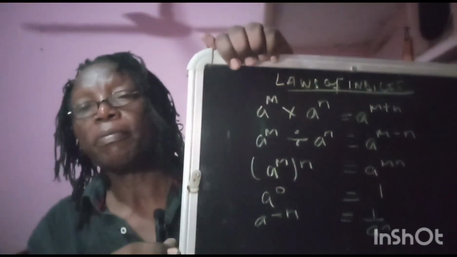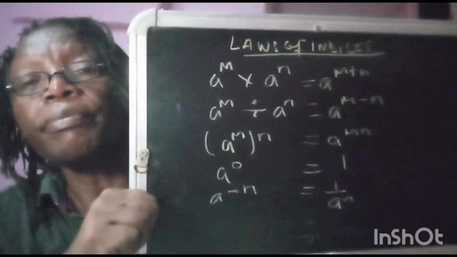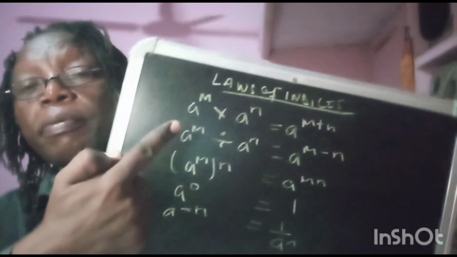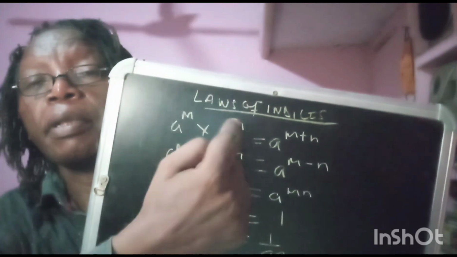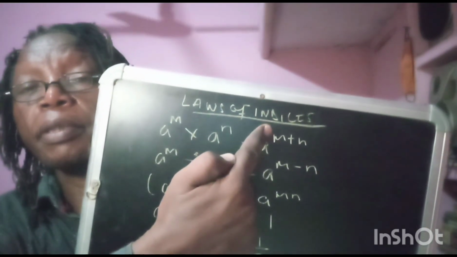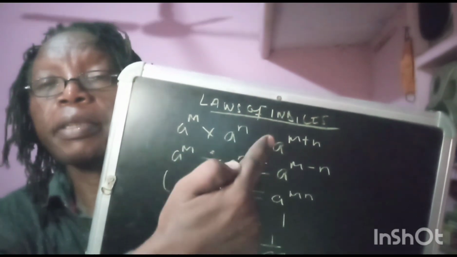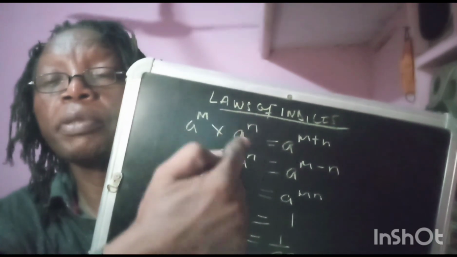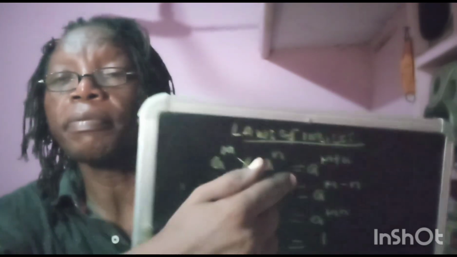What are the laws? I've written a few things here. Laws of indices. Indices is a plural of index, and the index is the power to which you raise the number. Like if you raise 2 to power 4, 4 is the index. And if they're plural, then they become indices. So I'm going to show you laws of indices. I've written a few things here,